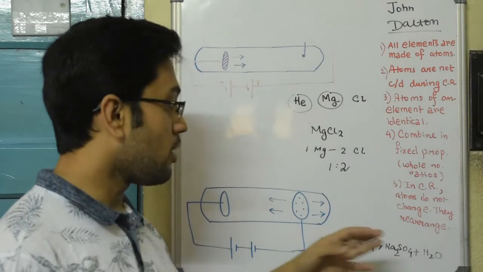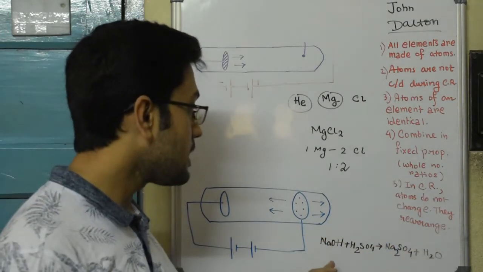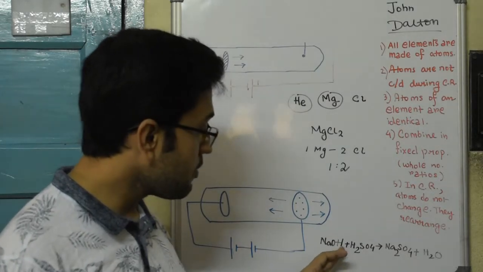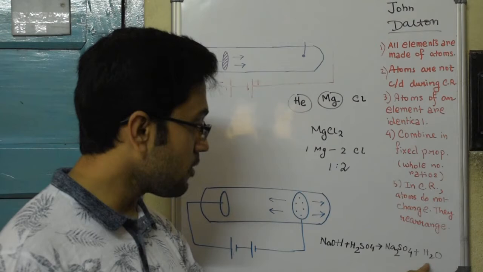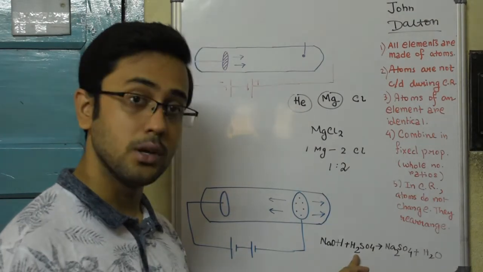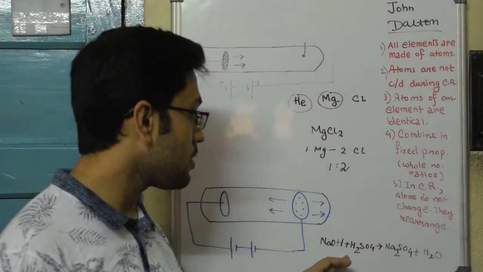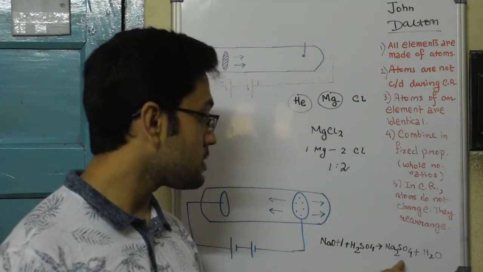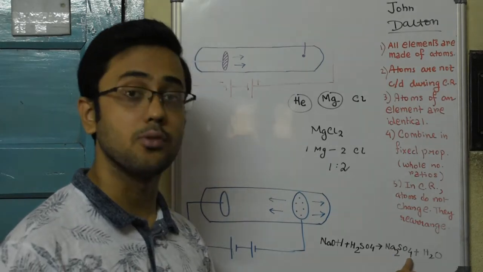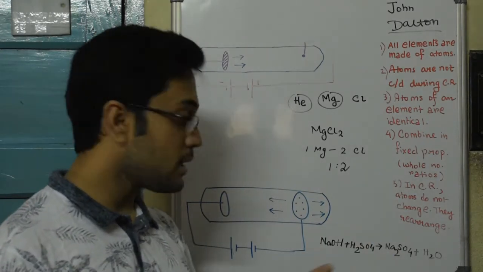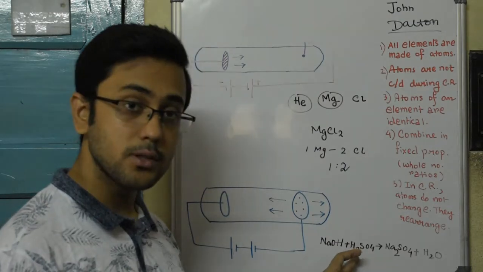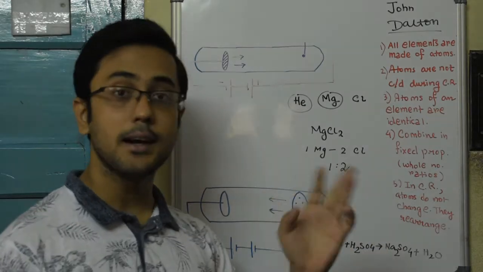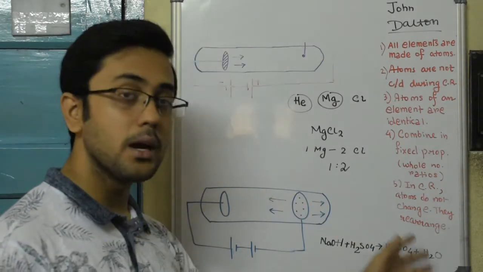Now here, what he meant by this postulate is that the sodium atom, the Na, is combined with the OH group, and here along with the OH group there is the hydrogen. Or you can take the example of this compound, where the atoms of hydrogen are combined with the SO4 group, and on the right hand side of the equation the atoms of sodium are combined with the SO4 group. So Dalton said it is not that the two atoms of hydrogen have been converted by some mechanism into two atoms of sodium. That has not happened. The atoms have simply rearranged themselves.